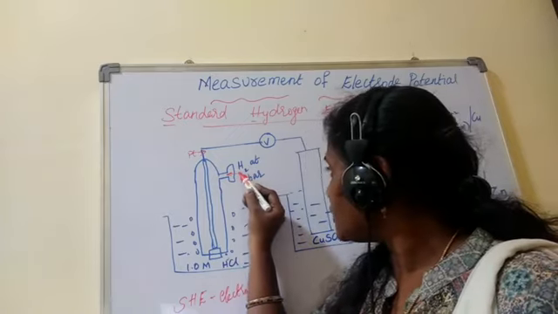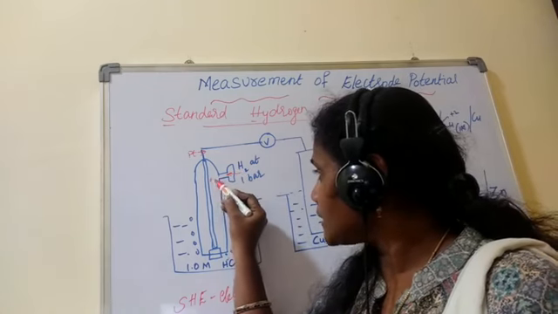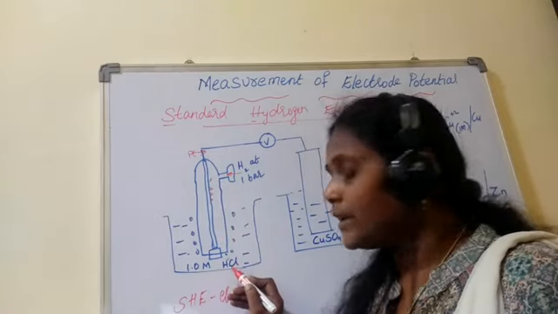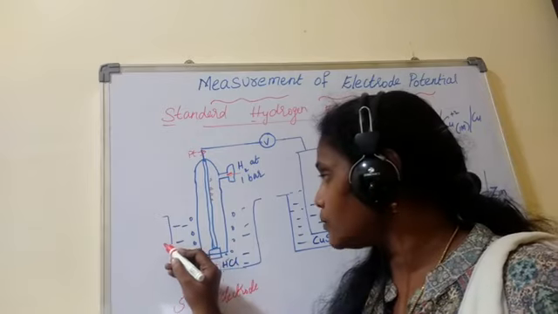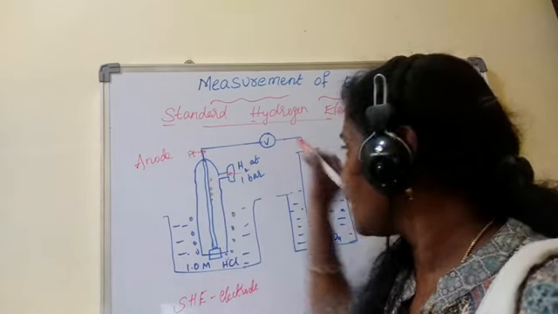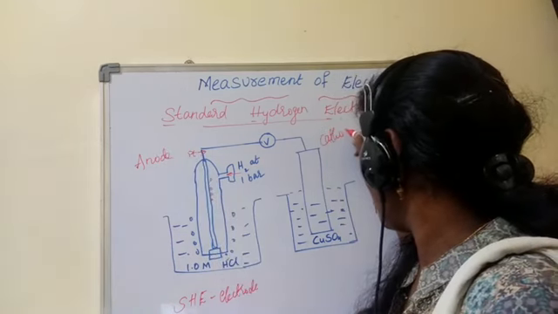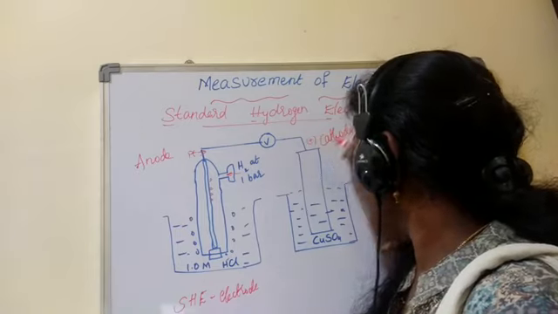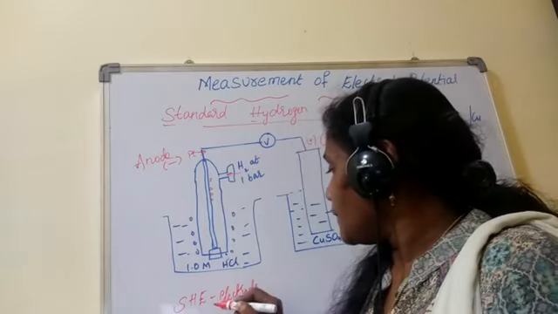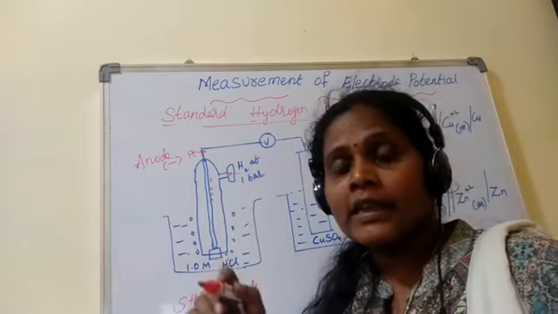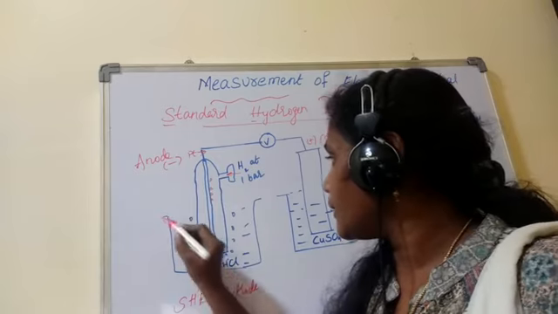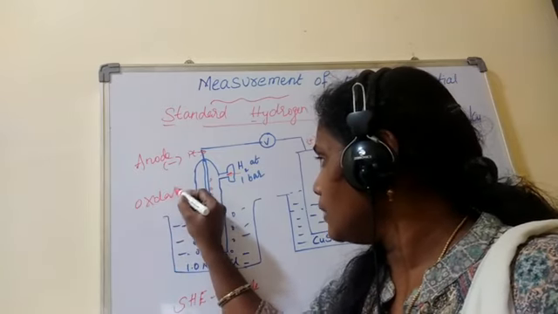So, at 1 bar pressure I am bubbling the hydrogen into this. And here I have taken 1 molar HCl, because an electrolyte is required. So, this is my electrolyte. And as you know, this side should act as the anode, and the other will be the cathode, right? I have already given the positive terminal for the cathode and the negative terminal for the anode in the electrochemical cell. So here the hydrogen gas undergoes oxidation, right? So this half undergoes oxidation. So oxidation has to occur at the anode.